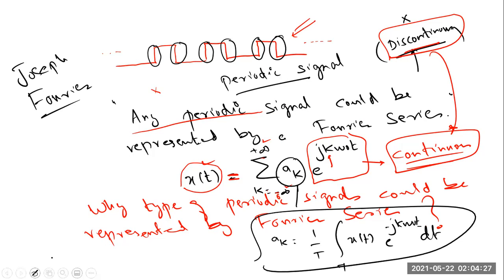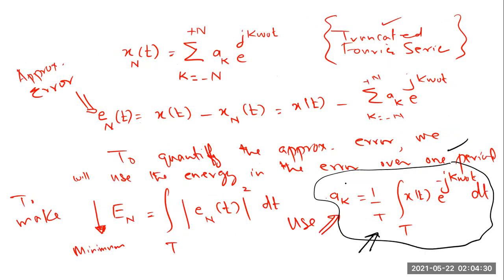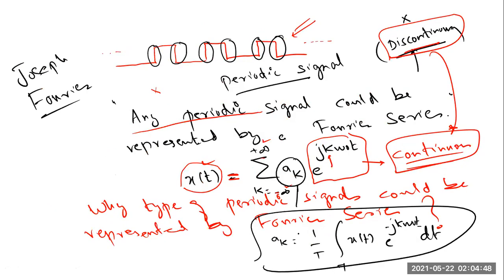And this expression is exactly similar to this expression. So what is the point? The point is, if you want to use a finite Fourier series and you want to get the best approximation, you can still use the same expression of Fourier coefficient that you use for infinite Fourier series. And another important point,